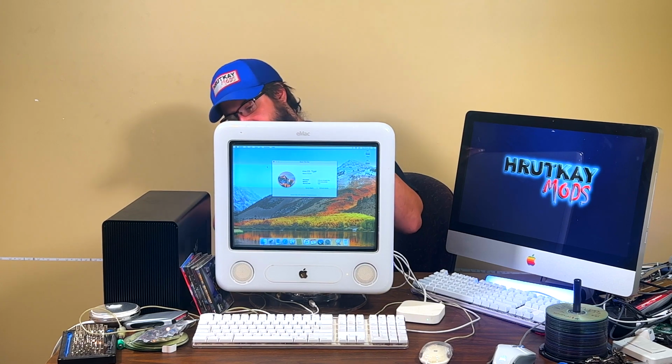But this is going to be the video where we go over the basics, how it's running, how it looks. It's not in the world's greatest shape. It's really scratched up. It's got a lot of cracks and chips in it. And it also has cat plague. But it's still running, as you can see right here. So, in part 2 of this, we will be taking this to Colin, and Colin and I will be working on this thing. He will recap it, and we will actually